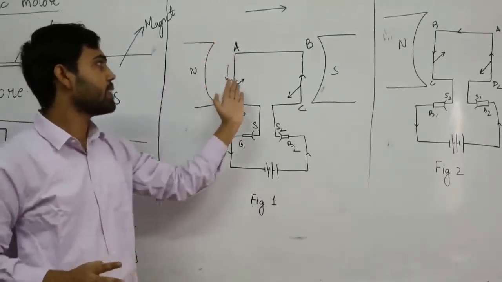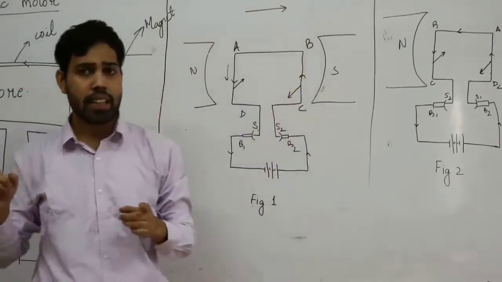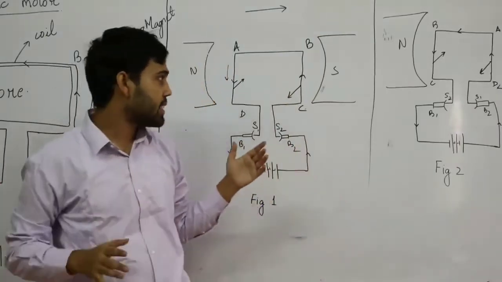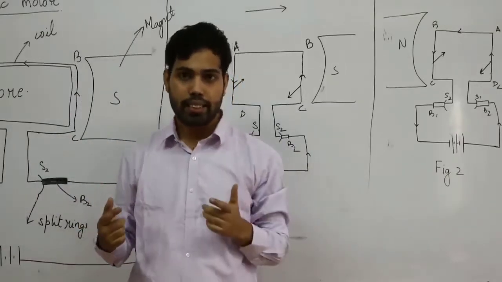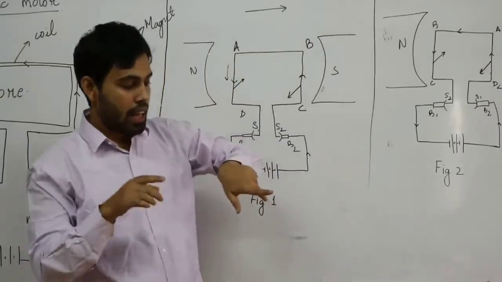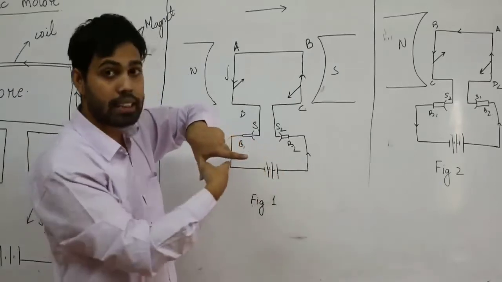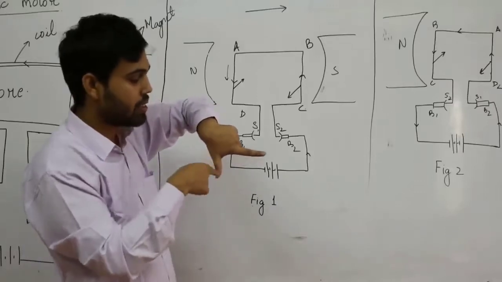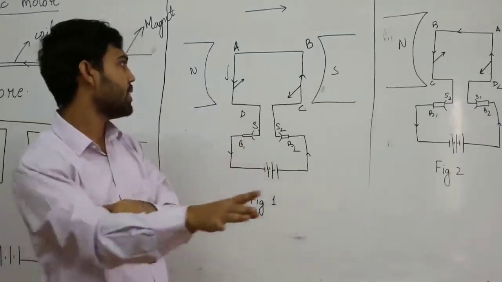Okay. Now let's look at the second part. Let's look at this BC part. What is happening in here? The direction of magnetic field is same. It is moving from the north side to the south side. But in this case, it seems that the current is coming towards me. So what will happen? Again, I am using Fleming's left hand rule. The direction of magnetic field is same. But the current has changed its direction. So it is moving, as I told you, towards me. So in this direction, what is the direction of motion of the conductor? It is moving downwards.